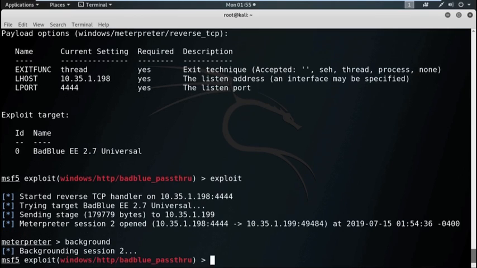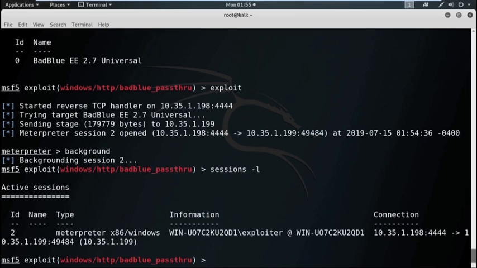Now, check all the meterpreter sessions. So, there is only one meterpreter session with the session ID 2 and it does not have the administrative privilege. Now, to get the administrative privilege, we use some post exploits related to the term bypass UAC. So, search for all the available exploits with the term bypass UAC.